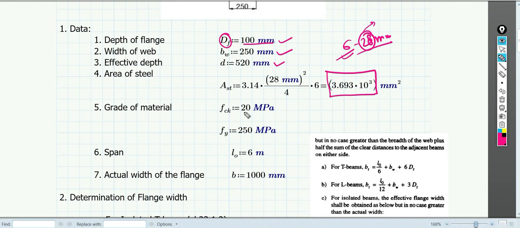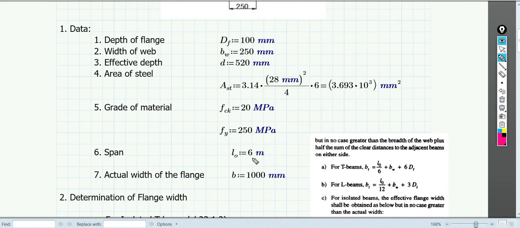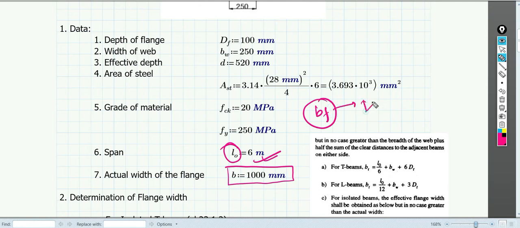Then grade of the material, the grade of concrete fck is given as M20, so 20 MPa, and fy is 250 MPa. Then the span is given as 6 meters, which we can assume to be the L naught that we have discussed in the previous class, which is the distance between the points of zero moment, or you can say the distance between the points of contraflexure. Then actual width of the flange B is given as 1000 mm. This is the actual width, but this is not the width of the flange, because width of the flange should be taken from the IS code. Okay,